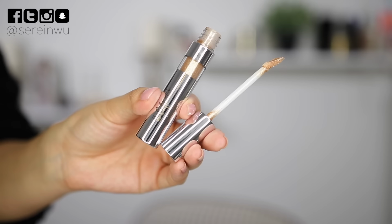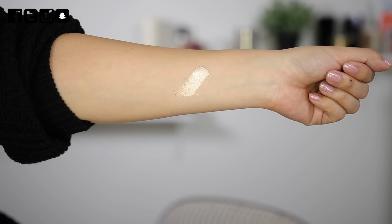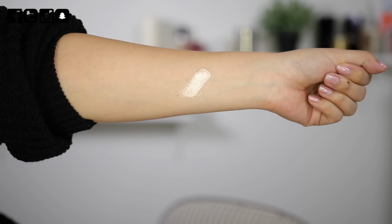And if you can, get your hands on it if you want it, because I don't think it's available year-round. This is just so beautiful, and I've been mixing it with my Estee Edit Fluid Metal Eyeshadow in 02. It's what I'm wearing on the eyes again today. It's my favorite makeup look right now. It's what I also wore at the